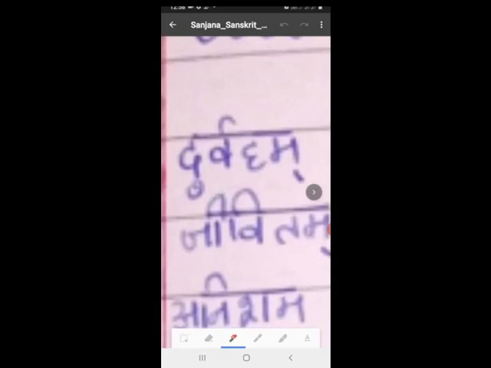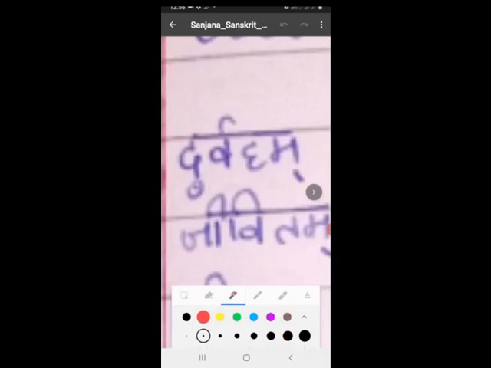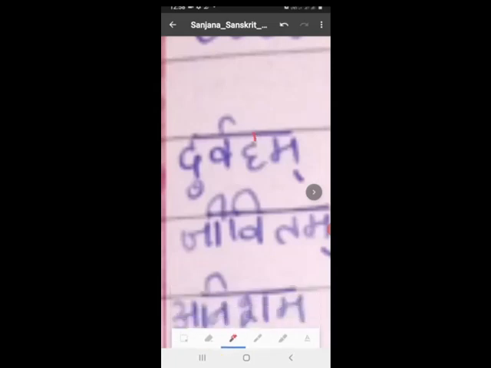And you can see one pen here. So touch that pen color. You can select any color from this color palette and select red. If it is not red, you select red color, and the thickness of the line we can also select from here. Okay, I usually take the second one. So now it is ready. If there is any problem in this word, we can correct it there.